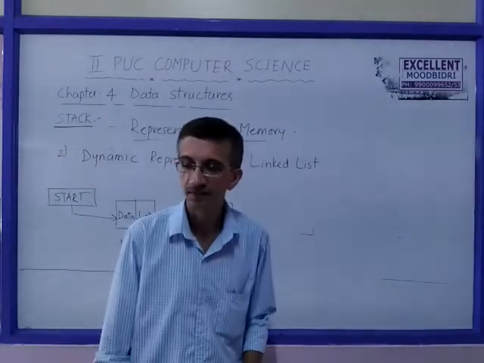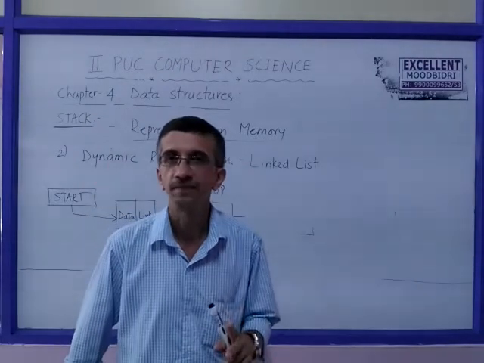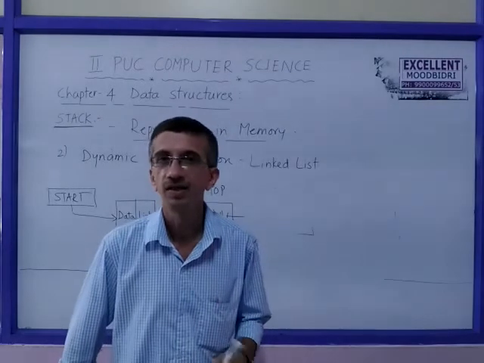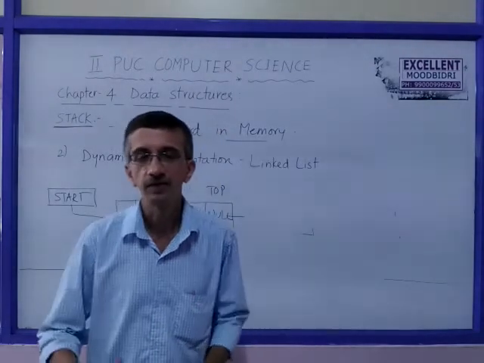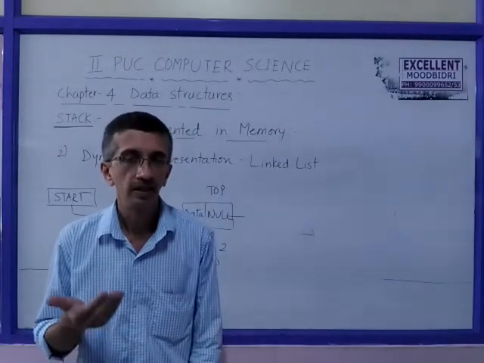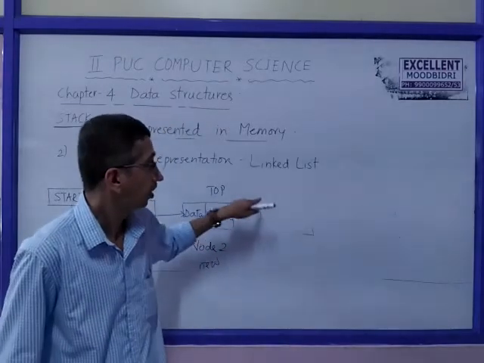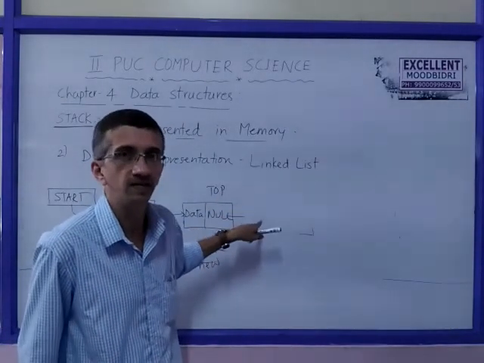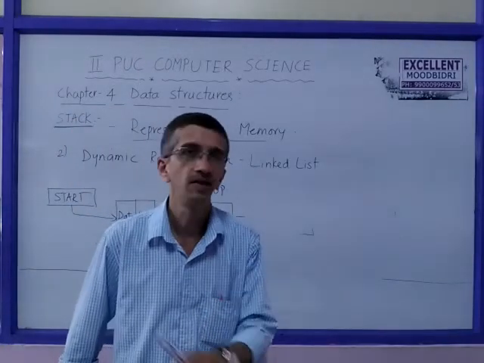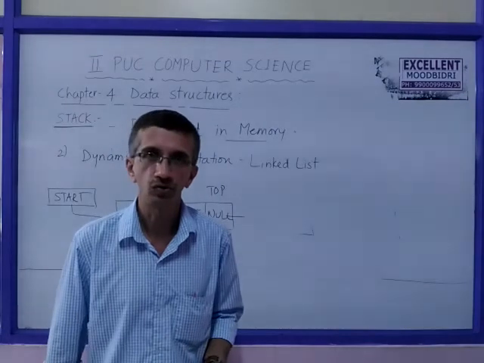Hope you understood this. So a stack can be represented in memory in 2 ways: a static structure using arrays, and a dynamic structure using a linked list. A linked list can also be used for the next data structure, queues, by properly setting the operations. Like we have seen for a stack, operations have to happen only at the top end. That is what we have to ensure in a linked list also.